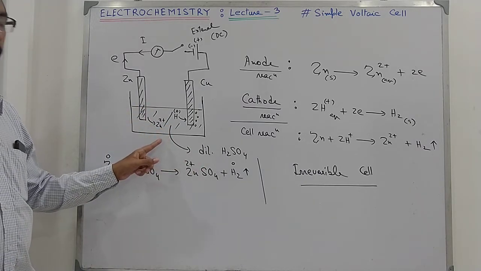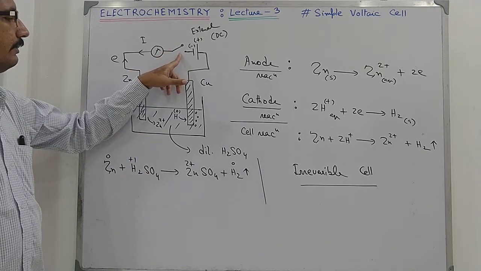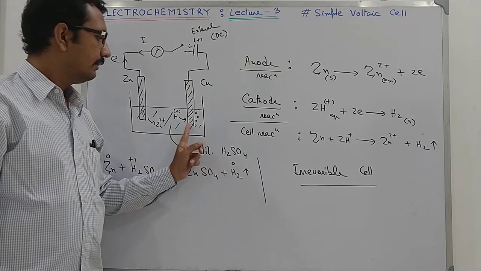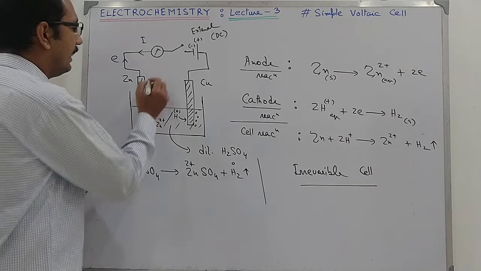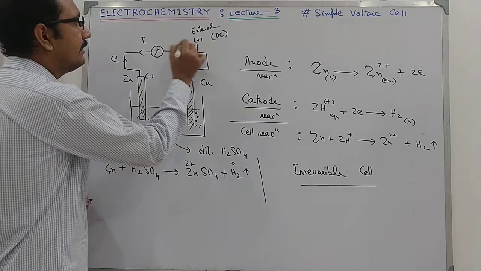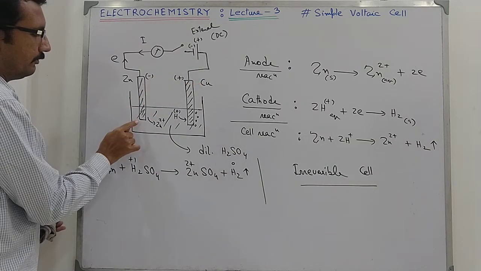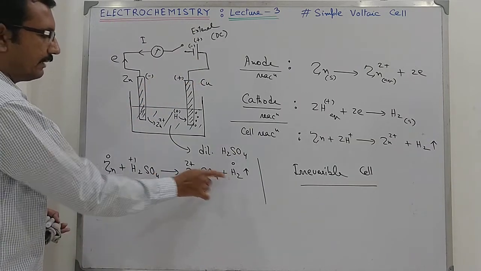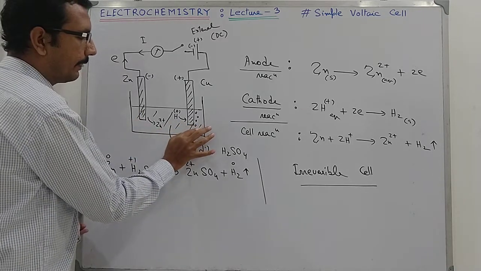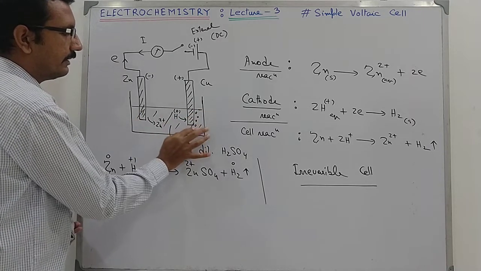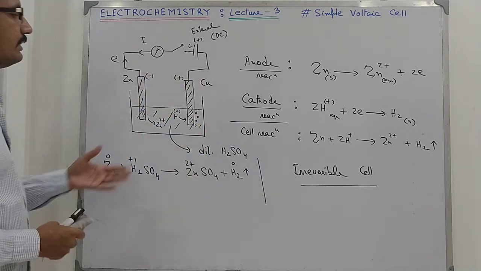So when the circuit is switched on, you will have hydrogen evolution both at the cathode and at the anode, and even when the circuit is not switched on, that is, it is in the off condition, then also zinc will react with H2SO4 to give hydrogen, so there will be hydrogen liberation at this zinc electrode, but not here. You will get hydrogen liberation at the copper electrode only when the circuit is switched on. So this is a major limitation.